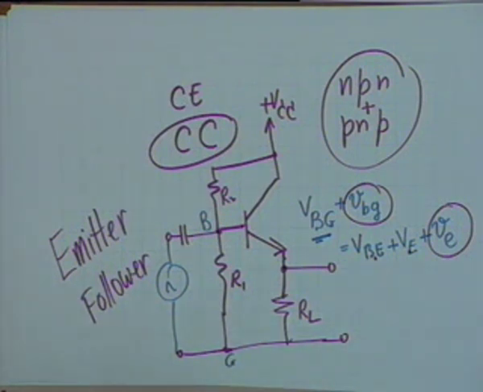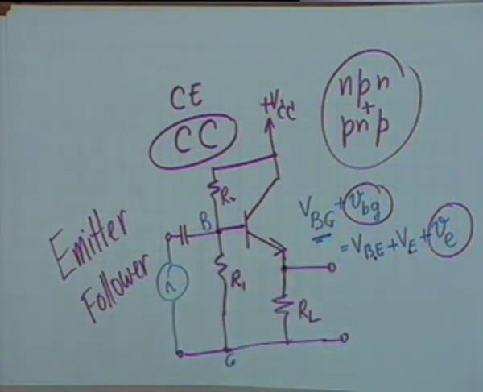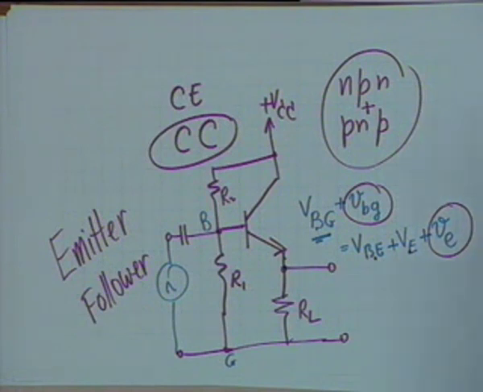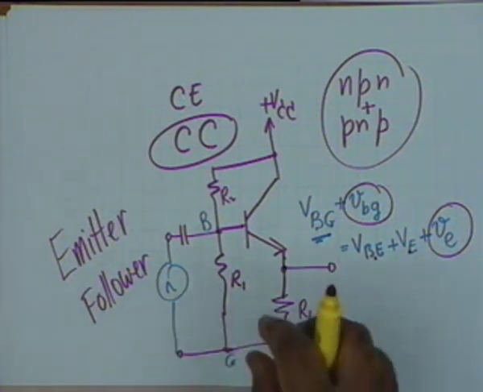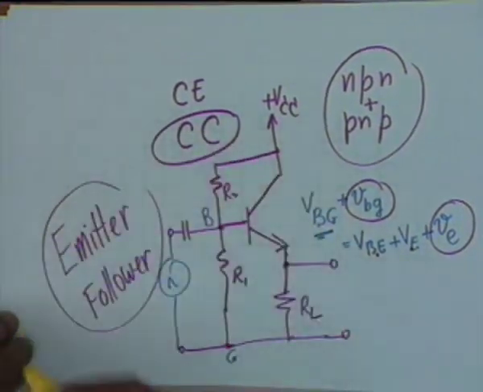So what is the voltage gain? 1. Then why should one use this circuit? There is a current gain. If the base current is IB, the emitter current shall be beta times IB. Now if the voltages are equal, input voltage is equal to output voltage, but the output current is beta times the input current, obviously there is power gain, alright, and therefore this circuit can be used to advantage. This circuit is known as an emitter follower.